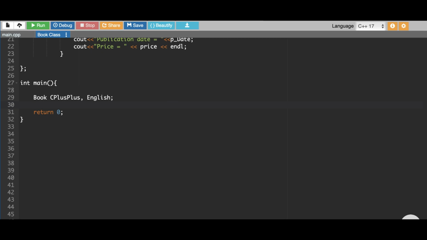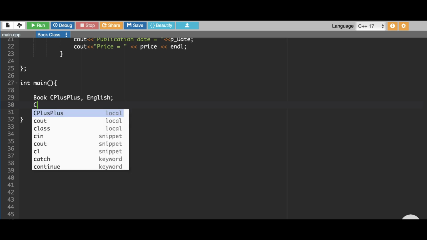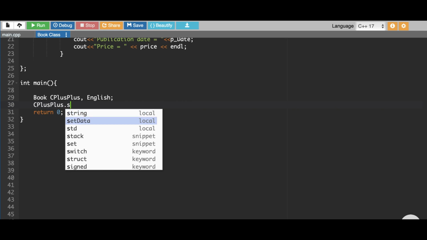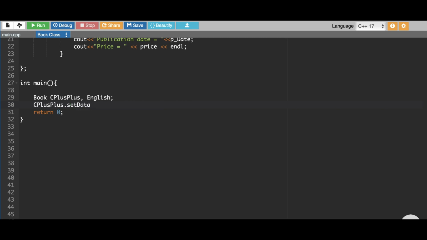Now we want to call the functions to set the values of the title, the author, the publication date, and the price. To set these values, we will have to call that function. How to call it: object name dot set data. This set data function will take four values, and those four values will be sent to the private data members that we have defined. The first value was title. Let's suppose the C++ book name is